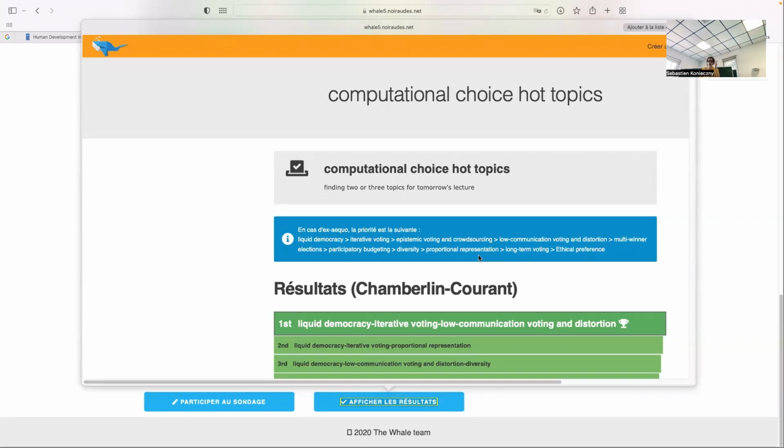It's much more cool. You have many voting rules. You can interact with him. If you want some more facilities in Whale, you can ask him to implement new facilities. At some point I needed multi-winner. I asked him, Sylvain, can you make it multi-winner? Yes. In a few hours, he made it multi-winner. So if you have one thing to retain from this lecture, it's Whale. Okay, but still we have more time, so let me speak about the winners.